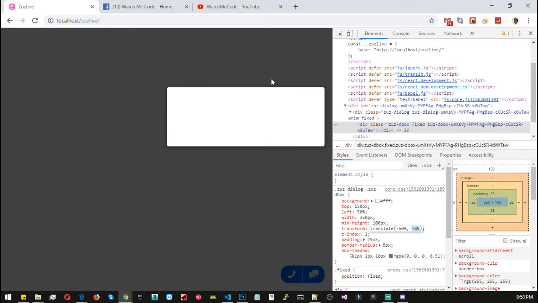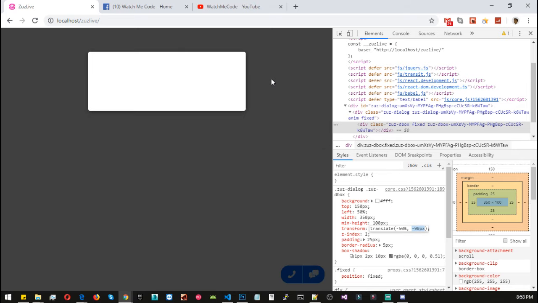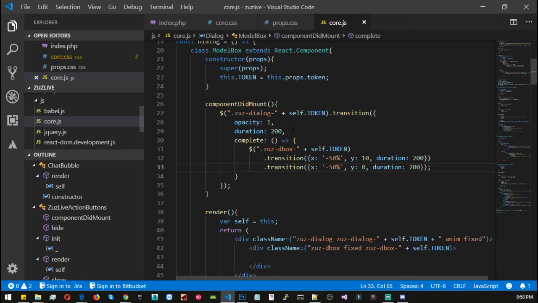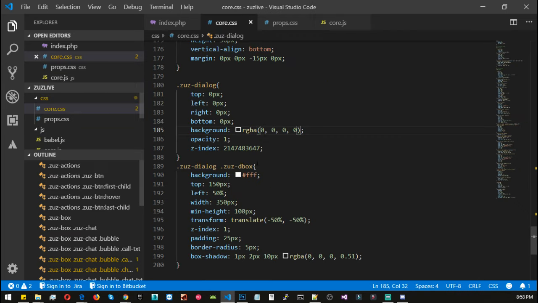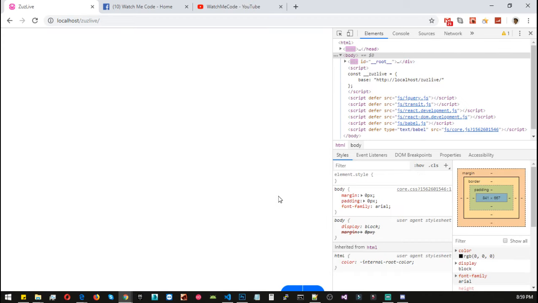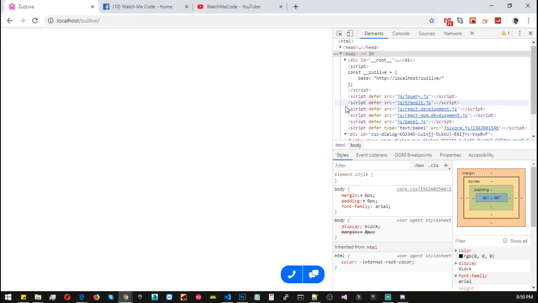Now go back to our Zeus dialog, expand the box, and transform should be negative. Let's use 50, or maybe let's use negative 500 by default. Let's go back to core and let's use negative 500 for y. Oops, pixels. Save, reload. And now if we click on our phone, we have